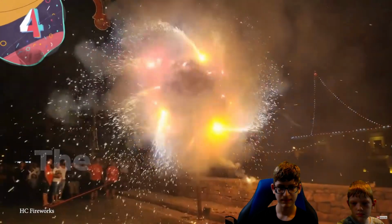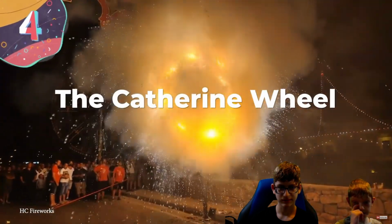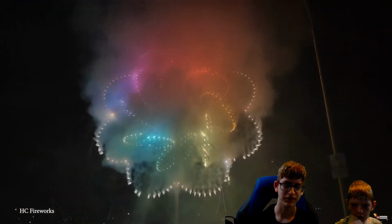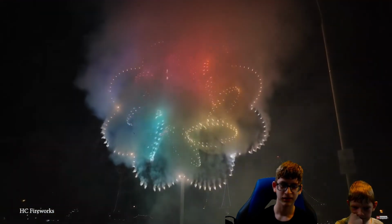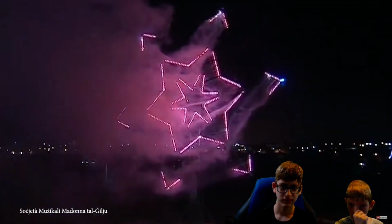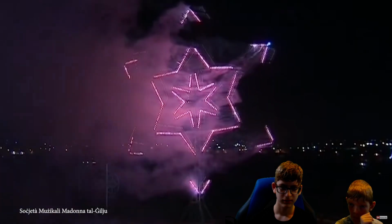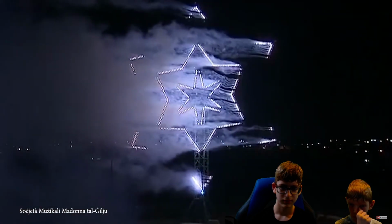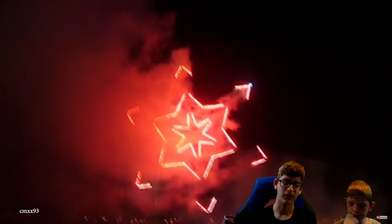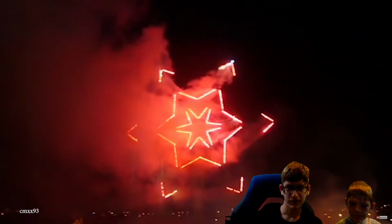Number 4, the Catherine wheel. While Catherine wheels are some of the oldest fireworks out there, you usually don't see them at your typical fireworks show. Essentially, Catherine wheels are usually powder-filled spiral tubes that look a lot like wheels, and when ignited, not only create sparks and flames, but also rotate quickly in order to create an incredible spinning motion. While these fireworks may seem pretty advanced, they actually first came about all the way back in the